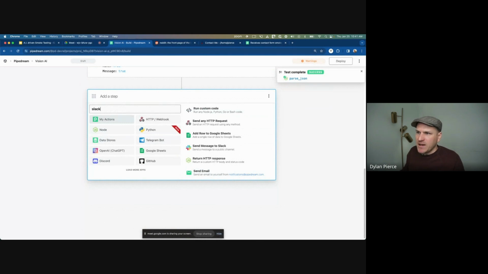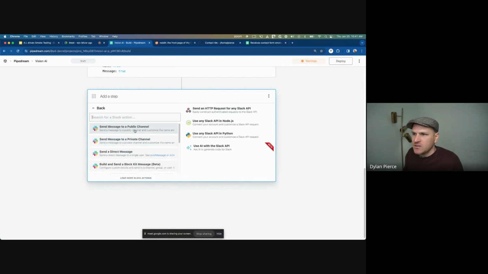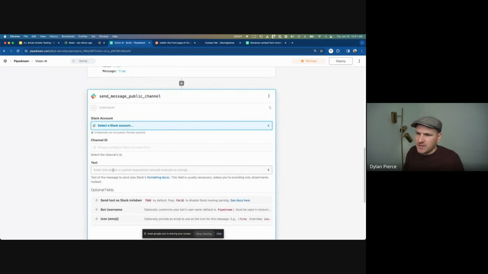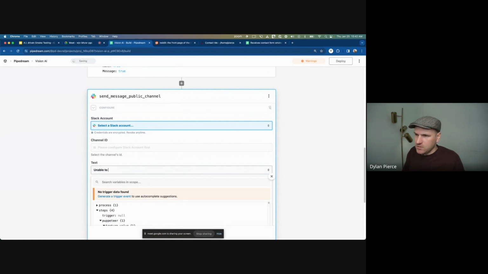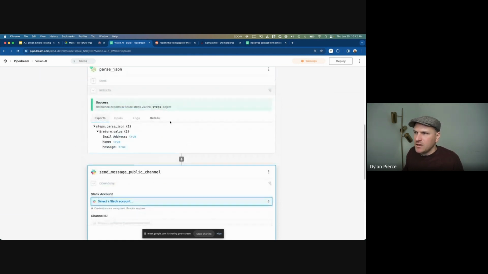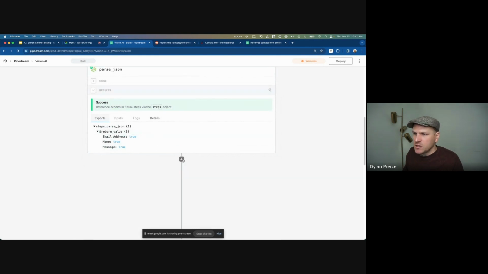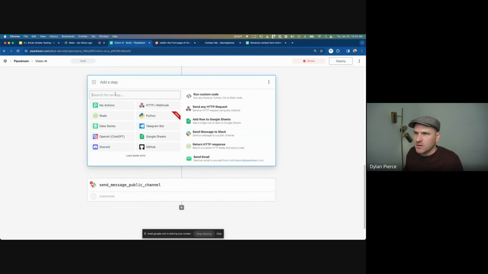So we'll make a Slack message to ourselves. If this fails, we'll say something like, unable to view or click on contact fields, to our Slack. And we only want this to go off if any of these are false, right? So we would just create a dead man switch that would